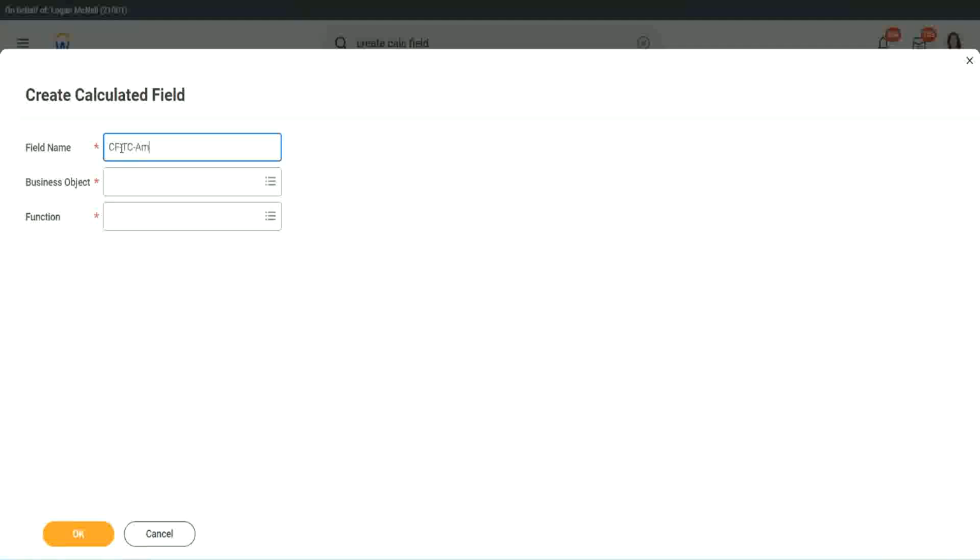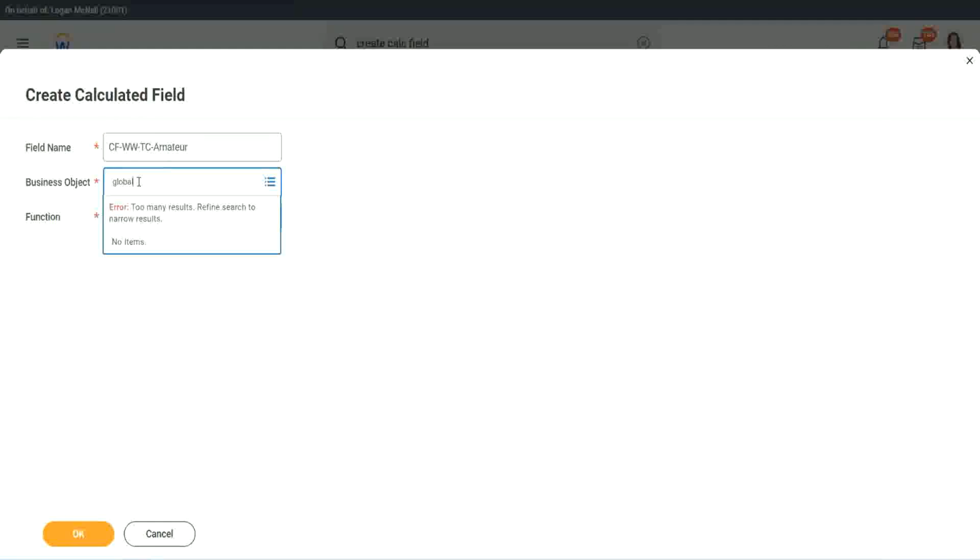So we will call it a CF text constant. Right. Amateur. And we have to also put a W? W right. So business object. Now you have two options to store the business object. One is, you can use worker, of course, like the rest of the worker-related objects, or you can use